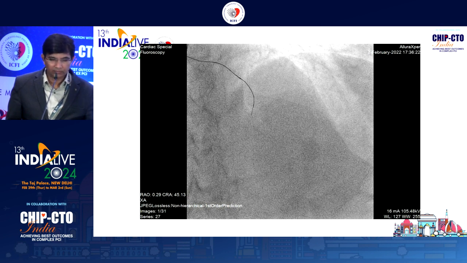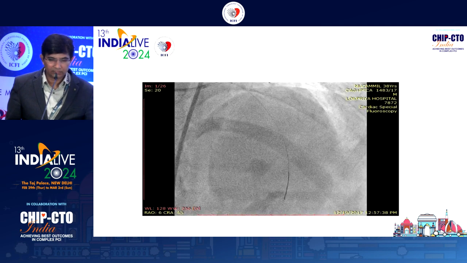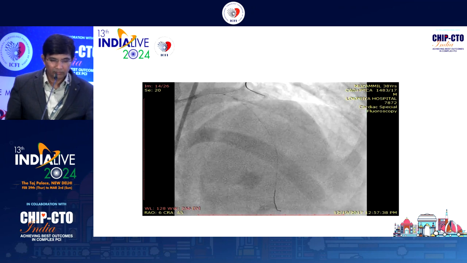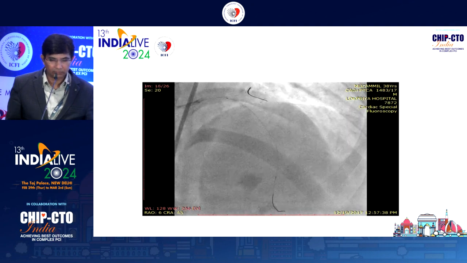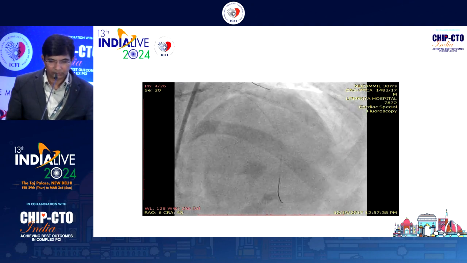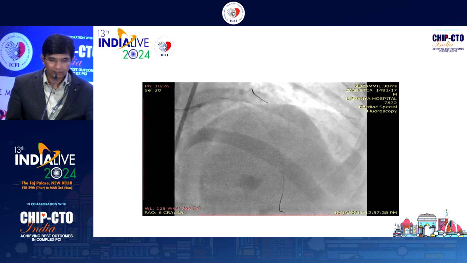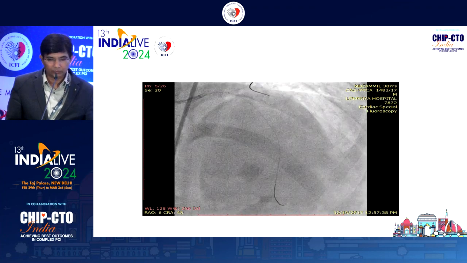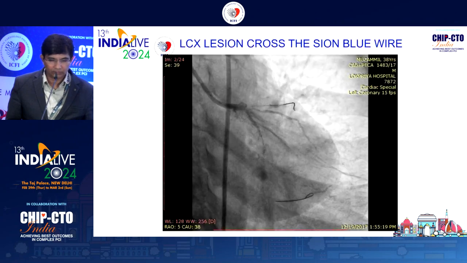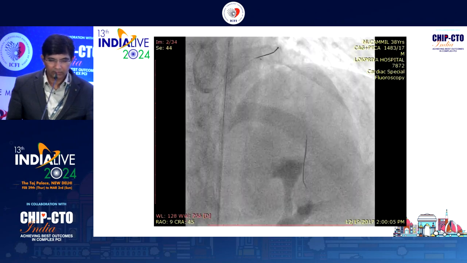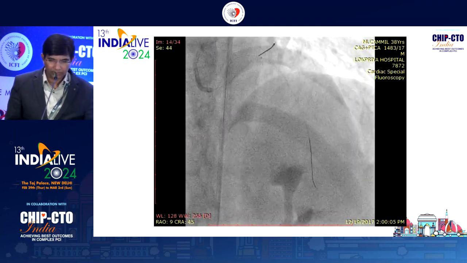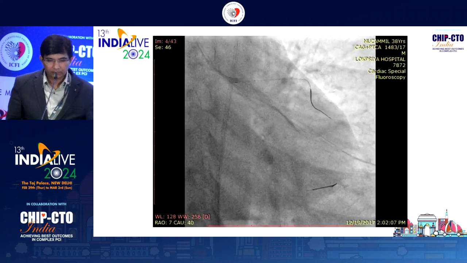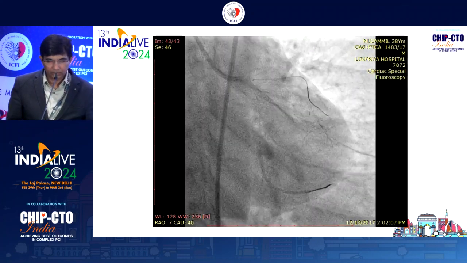microcatheter, so I removed all the system. Somehow, after crossing the distal cap with the Gaia 2, the regular wire Sion Blue was able to cross the distal portion into the LAD. I tried to negotiate the smallest 1.2 balloon into the CTO portion, but was not able to cross. With multiple efforts, changing the balloon and deflate and push, I was able to cross the proximal cap, and after that